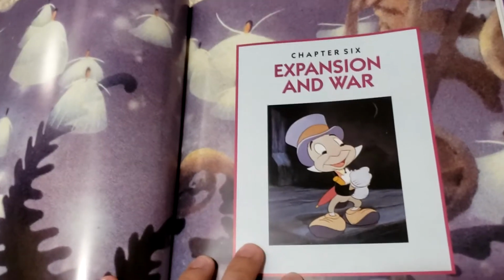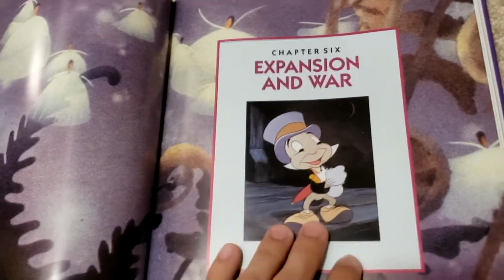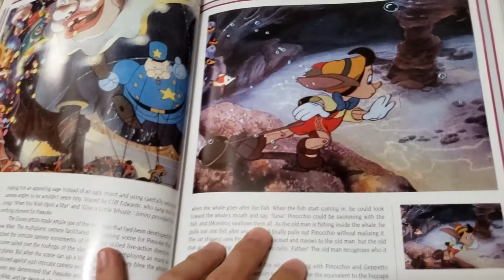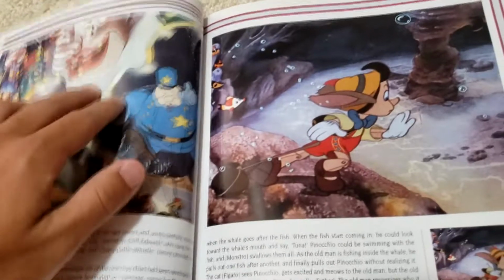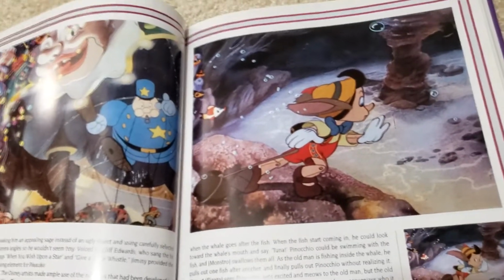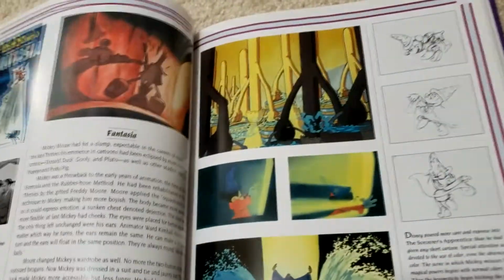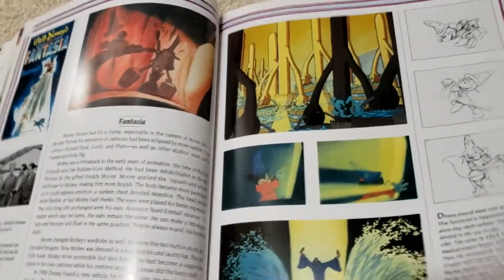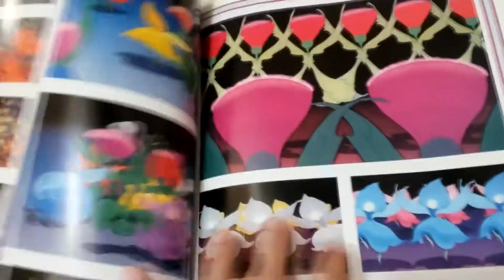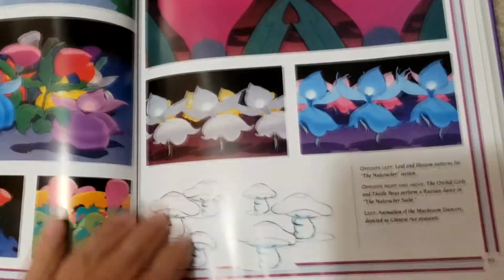Amazing. Chapter 6, Expansion and War, and you got Jiminy Cricket to be your conscience. So here you can see some different scenes, which I will say, this still scares me, even as an adult. Pinocchio, there are some quite scary scenes in there. Pleasure Island's spooky. So it talks about the different movies, such as Fantasia, the level of details into drawing it,